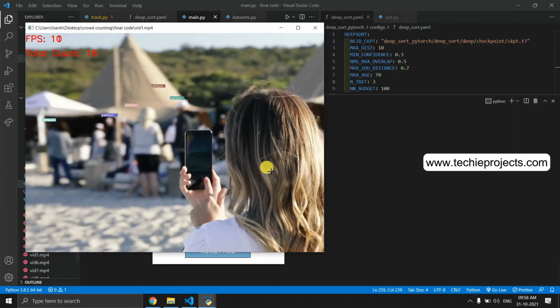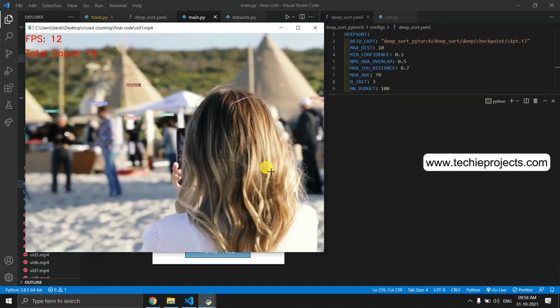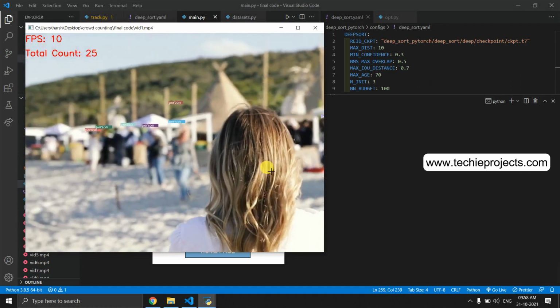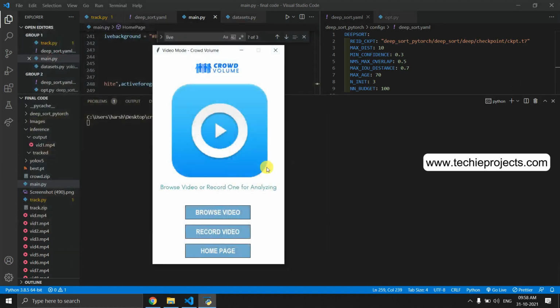Now it will open the frame and it will detect frame by frame. So it will count the total number of persons in that particular video. Like it works on the FPS, and the total count it will show is around 21. Okay,